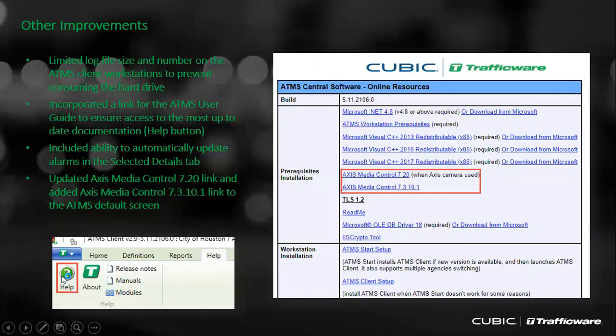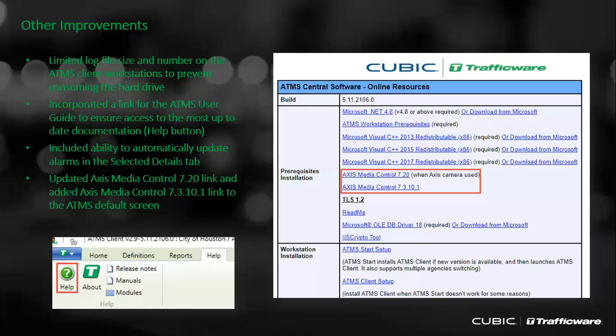But the help button will take you out to the internet and to a web page which will show you exactly the ATMS user guide document pertinent to your particular ATMS version. In that case, you don't have to search around for the latest manual. You are one click away from